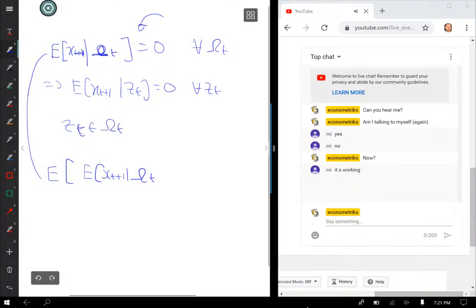We can take expectations of this given zt. What we're doing here is taking the average of this with respect to omega t given a particular value of zt. Here we can now integrate out all the other values in omega t, so this will just equal